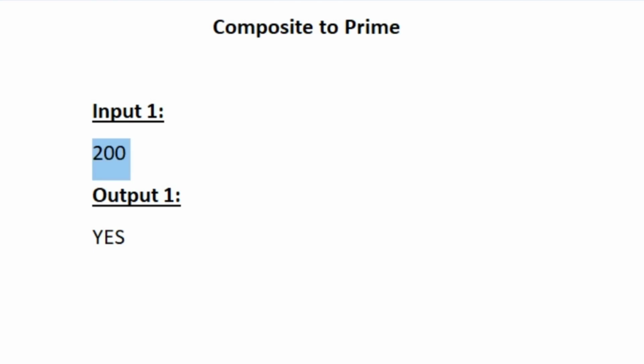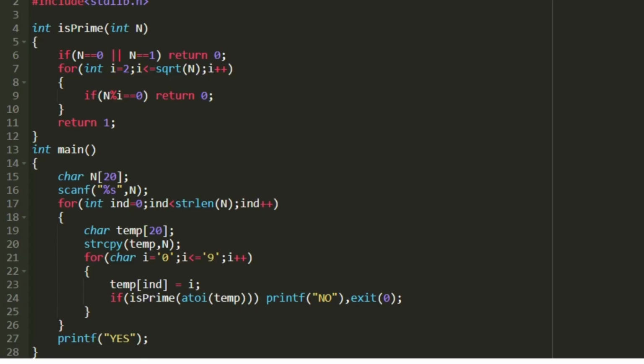So we print yes. So first I am creating a new character array named n of size 20, and in the next line, using a scanf statement, I am accepting the input in a string format and storing it into the character array named n. So here we won't be accepting the input as an integer, because we have to update all the digits of the integer n from 0 to 9.